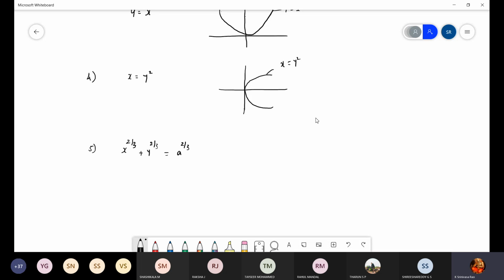So this is the curve. Just take down, this is called an asteroid. It is like a kite, but not with straight lines. It will come like this, one bending curve touching all the coordinate axes, all quadrants actually. Draw it neatly. We call it an asteroid. The name of the curve is asteroid, and the equation is x power 2 by 3 plus y power 2 by 3 equals a power 2 by 3.